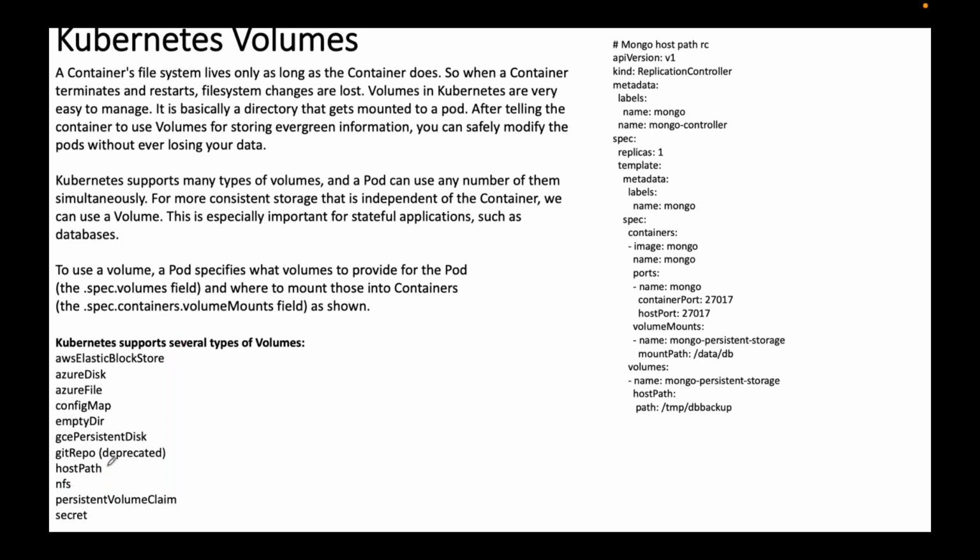Yes. So Kubernetes supports many types of volumes, and a pod can also use n number of volumes if required. If I want to mount multiple directories of my container instead of one directory, can I use multiple volumes for my pod? Kubernetes supports many types of volumes, and a pod can use n number of volumes. Right? So these volumes are important.